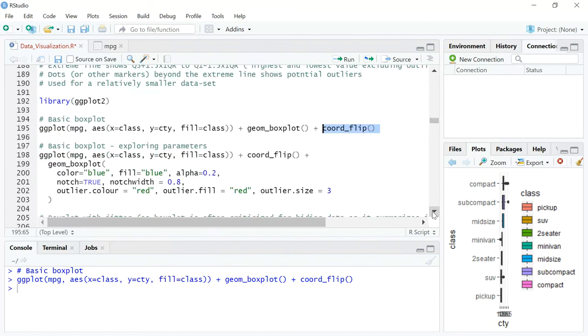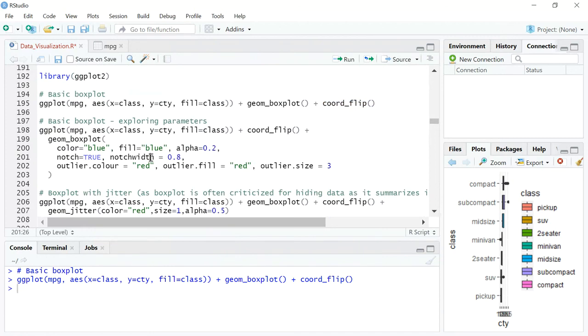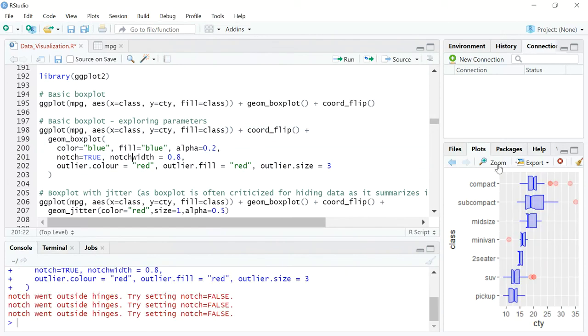Let's quickly get into the parameters that I use for box plot. You don't need to be worried about lines 198 to 203. I mean, it has got a lot of data, but it is fairly simple, right? What you see on line 128 is exactly the same code that we had in line number 195, but we are just trying to see what all different things you can write inside the geom_boxplot, right? So that is what is mentioned here. I'll just quickly run the code, and then we can talk.